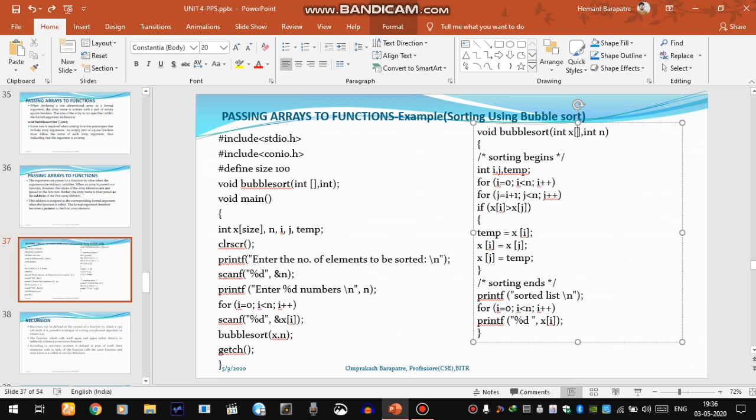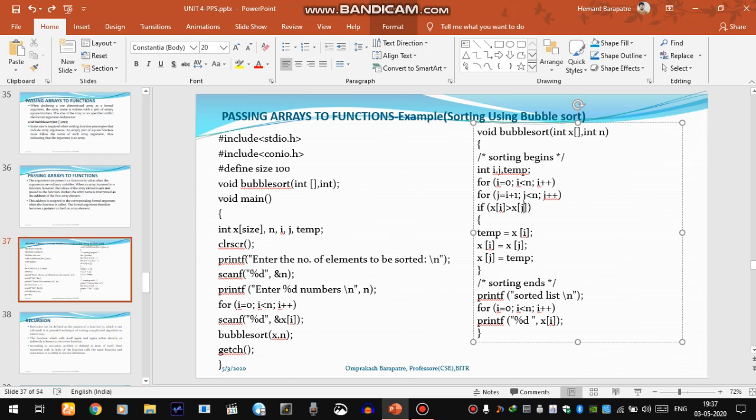Now we are writing the same logic for bubble sort that we have used earlier. We use a temporary variable to swap the values if x[i] is greater than x[j]. So i and j will be incremented one by one for each element, starting from i equals 0 to i less than n, and j equals i plus 1 so that it can point to the next element x[j].